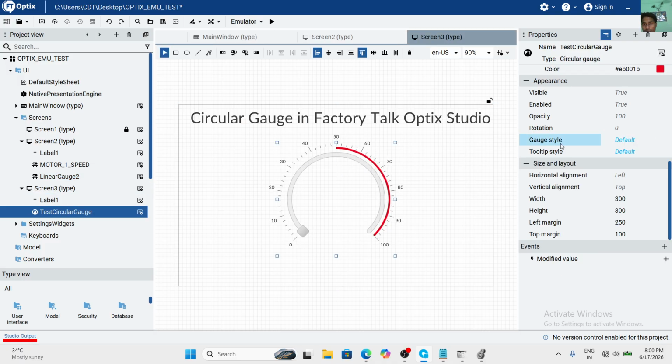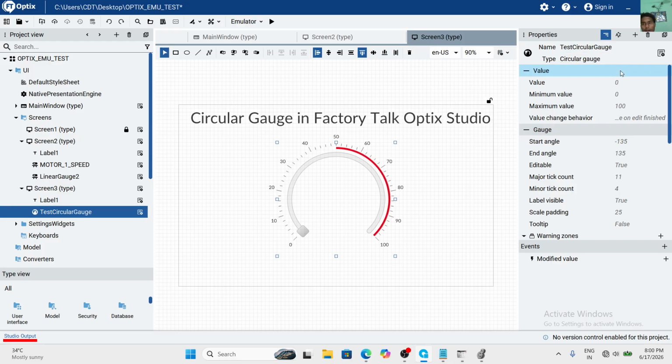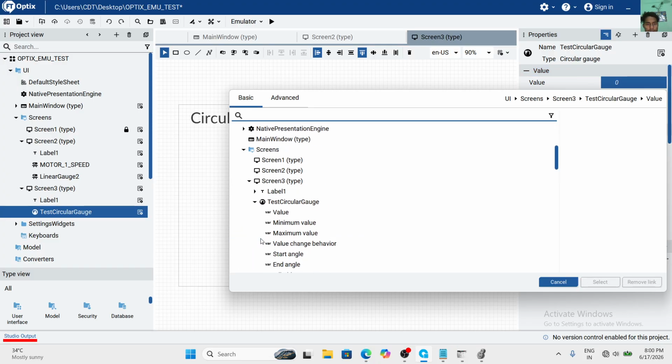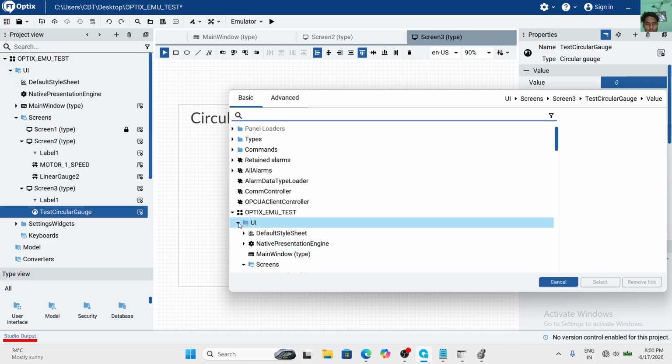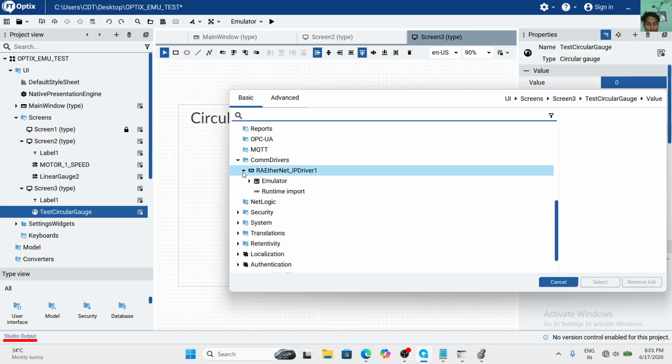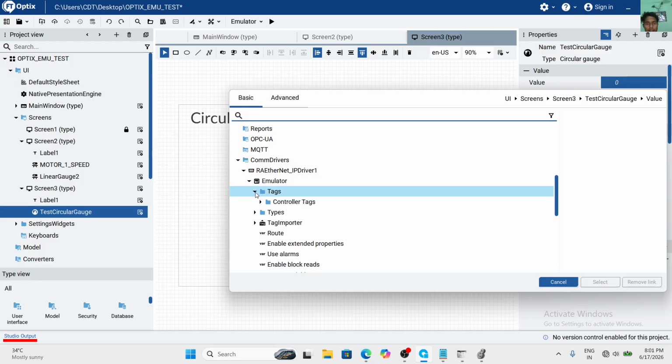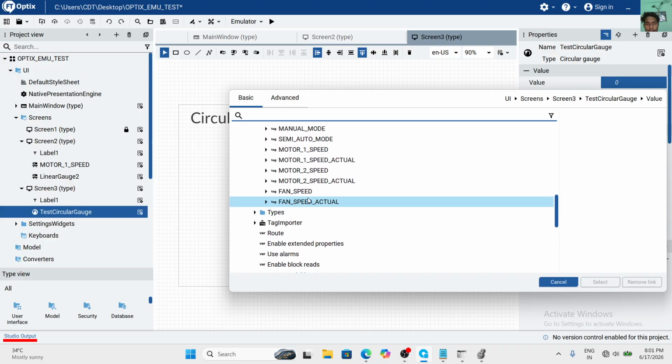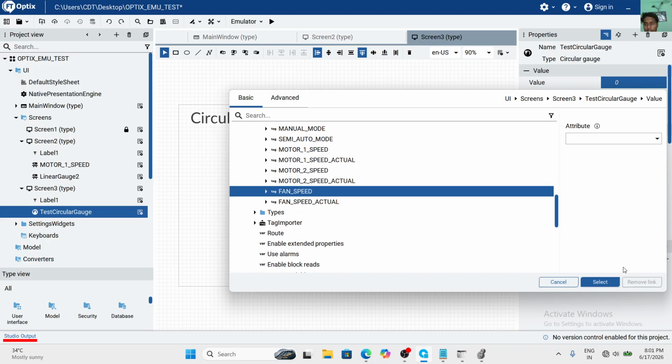So this is a circular gauge and this is the value where I have to apply the tag which I created in Studio 5000. Go to the Rockwell Automation emulator, then tag, then controller tag, and I have to choose fan speed. Understand?